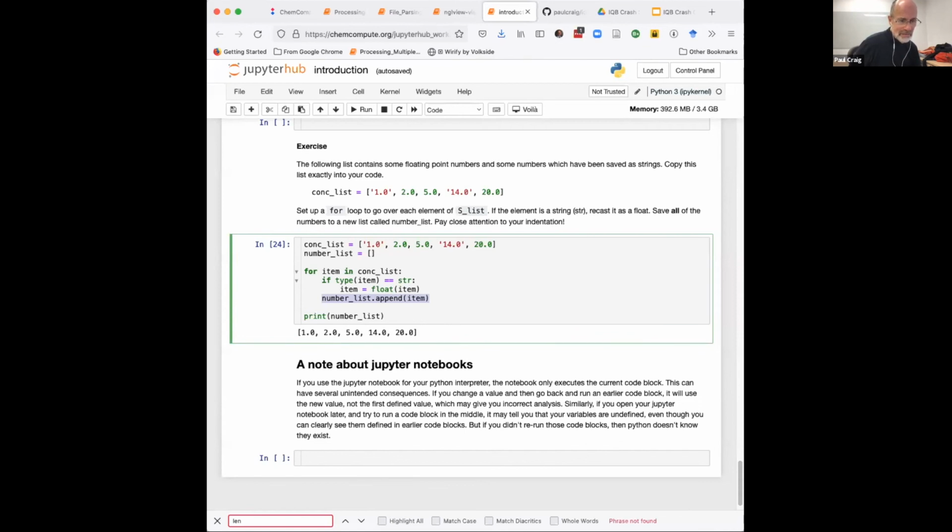I see an error from one person. Mine did not work. Error, str object is not callable, but it looks the same. So if it says something is not callable, that means that you're using a variable that is a string or a floating point number and then putting parentheses at the end and maybe something inside of the parentheses. So callable is something that Python uses when it's talking about a function,